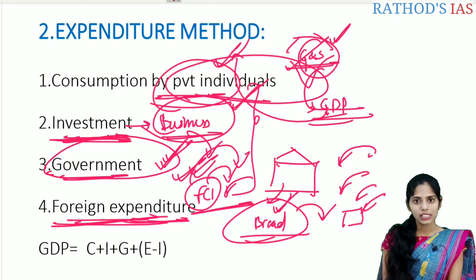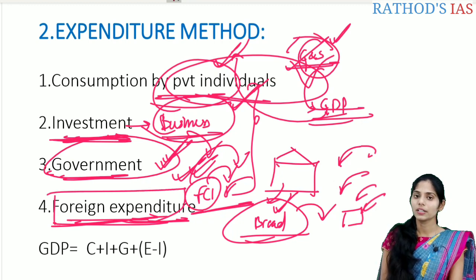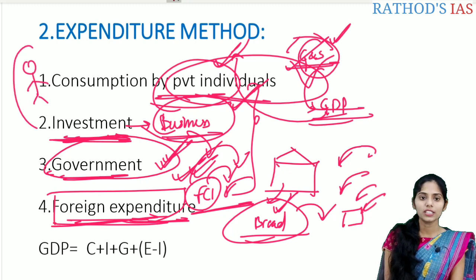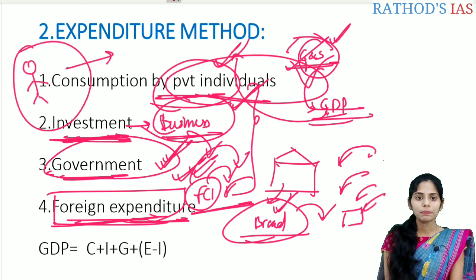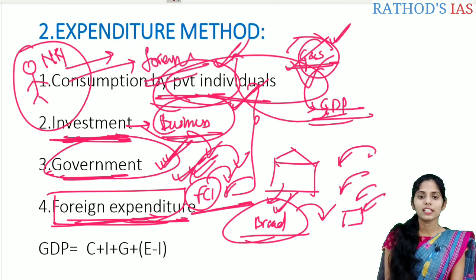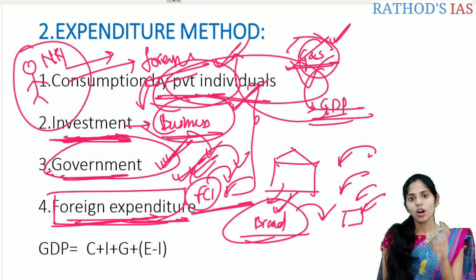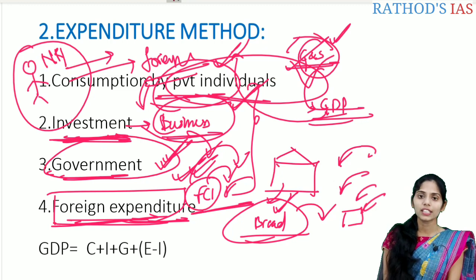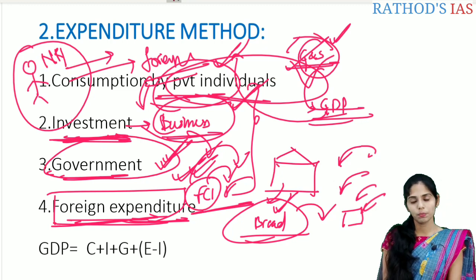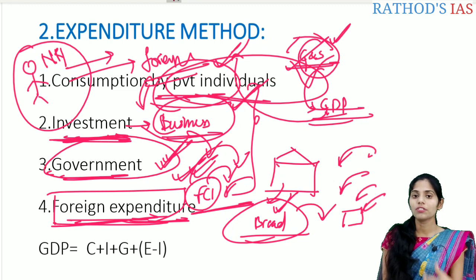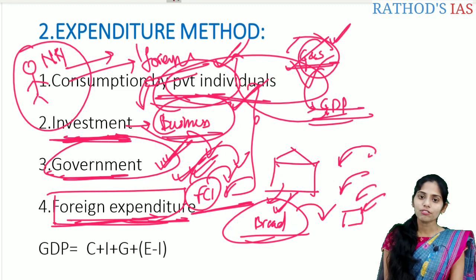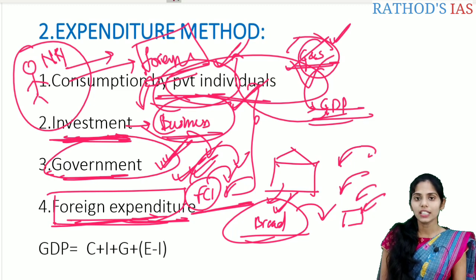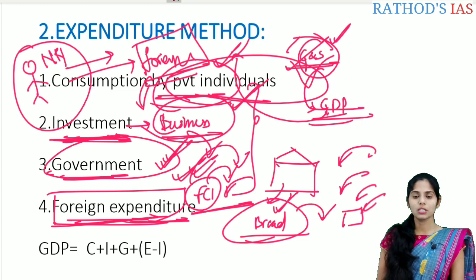Let us take a hypothetical example here to understand this foreign expenditure. For example, there is a person who is a manufacturer of cars, but this person is an NRI, so he established a foreign company in India and started producing cars in India. According to the definition of GDP, whatever goods and services are produced within the country come into the gross domestic product. Through this expenditure method, we are calculating the GDP. So whenever any foreign country establishes a company in India and starts manufacturing products within India, that will be accounted into the GDP of India.